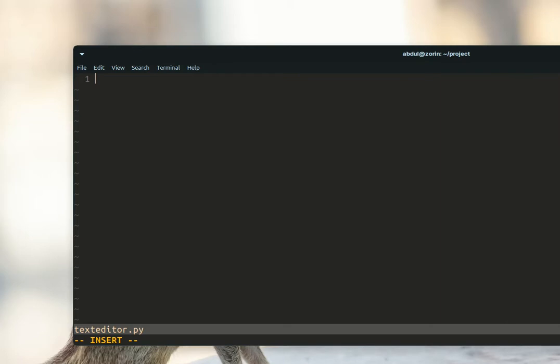Of course we want to use the tkinter library, so we need to import it. I'm going to say import tkinter as tk,